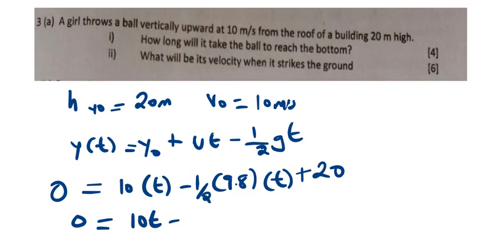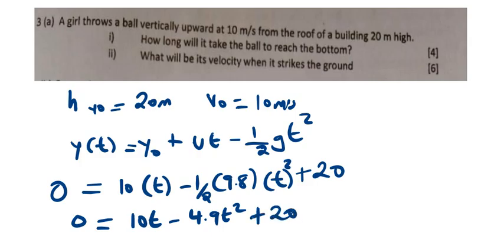What does it give me? 4.9t squared. I'm not supposed to forget the t squared. So this is what we have. Then what are we going to do? Plus the 20